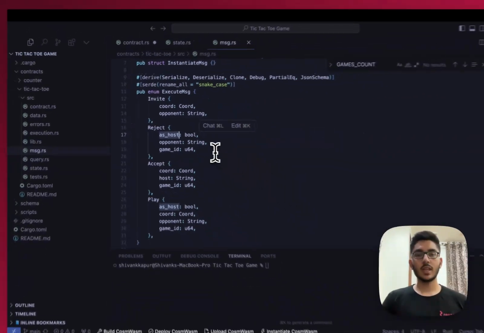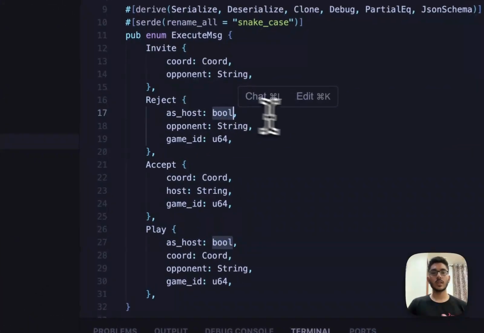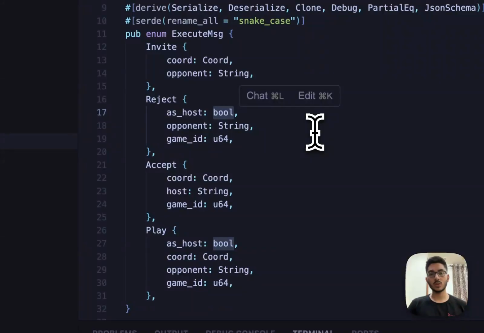Similarly, reject basically consists of 3 parameters: as host, opponent, and game ID. Game ID is the particular game ID in which you are, and opponent, again, is the name of your opponent or a string which is used to define your opponent in that particular game. And as host defines whether you are a host in this game or not. That's why we have used a bool